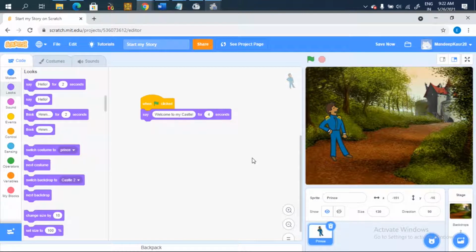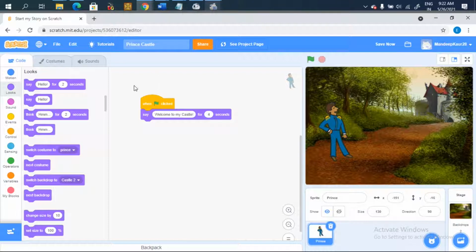Welcome back, and in the previous video we have learned how to create my story. I have started my story with my first character, that is Prince, and now I'm going to continue my story by adding more characters to my story. So what I'm going to do is I'm going to rename this, and this will be Prince Castle. So this will be the story name for the entire story which we are going to learn in this session.